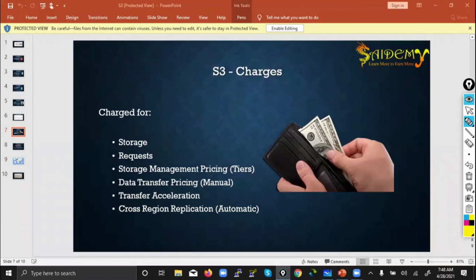And next is transfer acceleration. This I will explain later. These two slides belong to transfer acceleration. Just skip that and we'll discuss